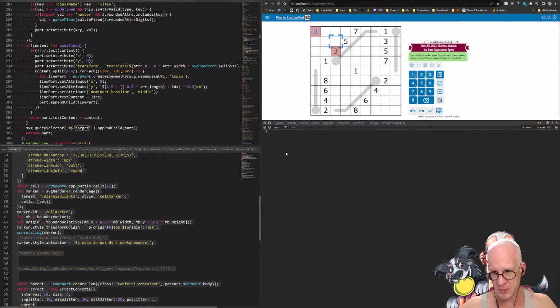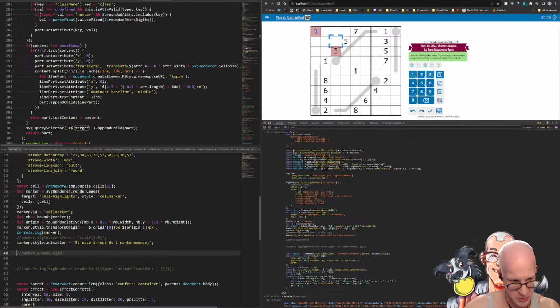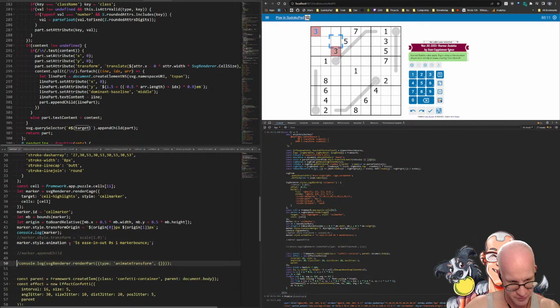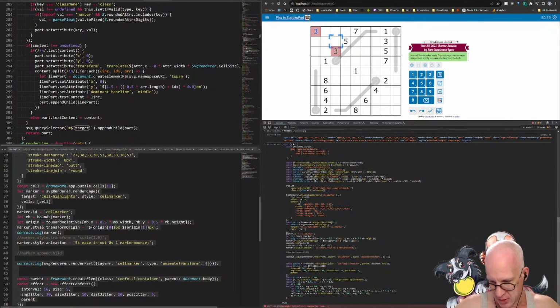I'm using a system not designed for this at all. Alright, cell marker. So can I now just do a layer cell marker? I want to do a Kickstarter for SudokuPad 2, and then I'm gonna rip all these crummy things out and make them work the way they should, and it will be a glorious